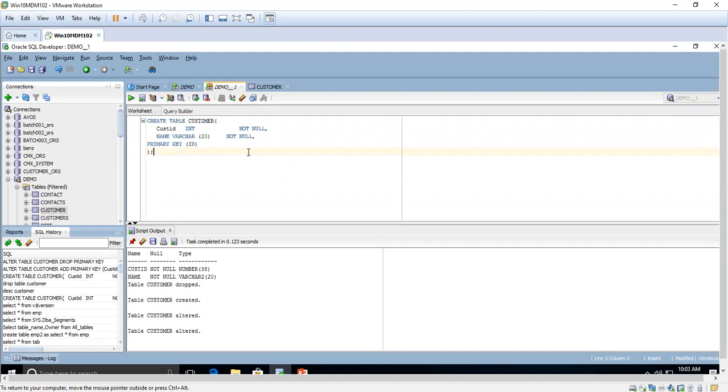Here I am going to create a table called customer with two columns, cust ID and name. Cust ID is a number and name is a character. And I'm going to create the primary key on the column cust ID. Okay. But here I have given ID and I will change it now.